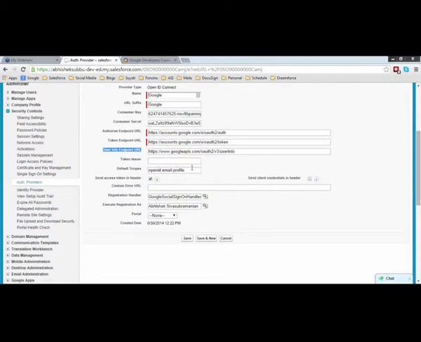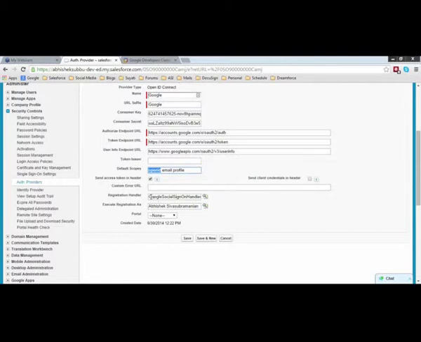And then the next important thing you need to note here is the default scopes. Now, basically OpenID Connect is nothing but an OAuth 2 call with an OpenID scope in it, right? So the provider will understand that when the responses are being given back, it needs to include the OpenID information back in the response. So you need to make sure that this OpenID scope is actually added. If you don't add this, it is just treated as a normal OAuth flow, right?